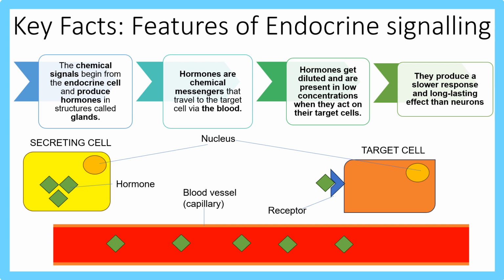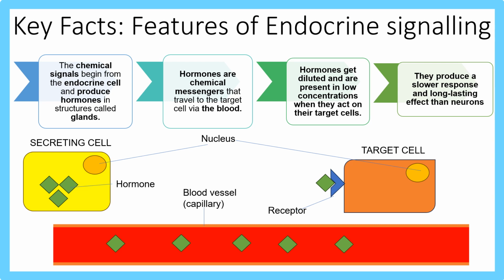These endocrine cells are found in structures called glands, and you have a variety, for example, the pancreas and the pituitary gland. When an endocrine cell secretes the hormone, it gets released into the blood and travels to the target cell. Once it reaches the target cell, you will find there are low concentrations, because it has been diluted. Now, there is a key difference between neurons and hormones,